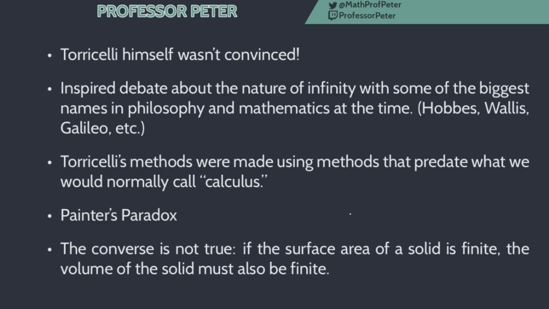This inspired a lot of debate about the nature of infinity. Galileo, Hobbes, Wallace were all involved. These are big names in philosophy and mathematics at that time period. This is all pre what we would call calculus. This is before Newton and Leibniz kind of formalized this idea of calculus and put all this together. And so the methods that Torricelli was using here definitely predate what we normally call calculus, but they were essentially